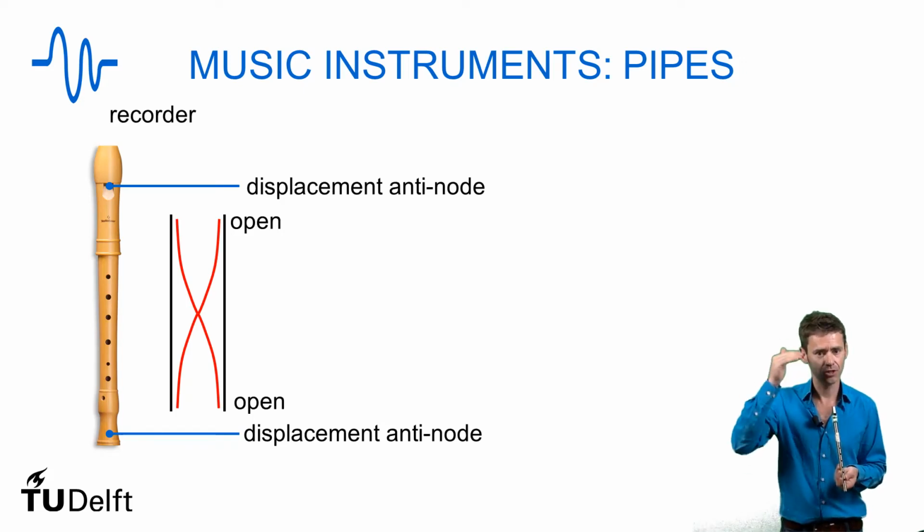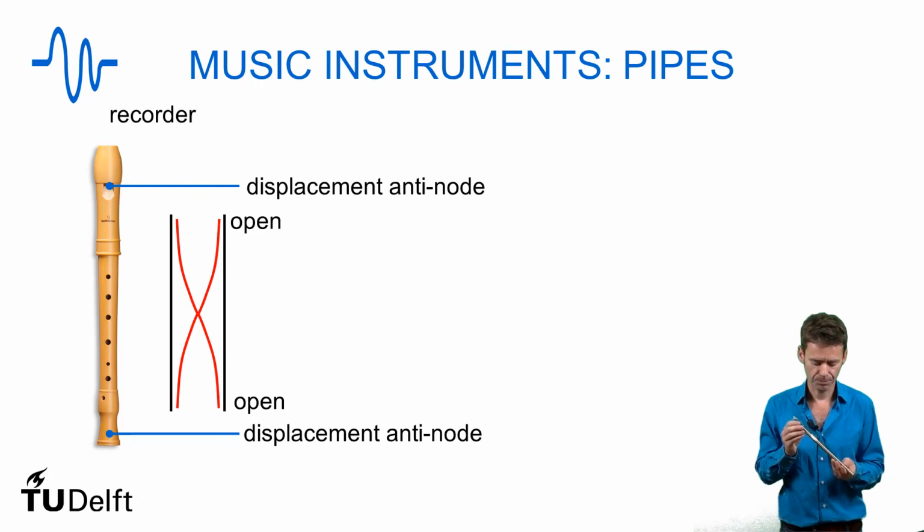You see that the pitch goes up since the velocity goes up. The other way is to change the length of the flute. By closing more holes, I can essentially make the flute longer, because where the hole is, that's where the first open location is, and that's where an antinode will occur. So in this case, you can hear that the pitch goes down because essentially the flute becomes longer.